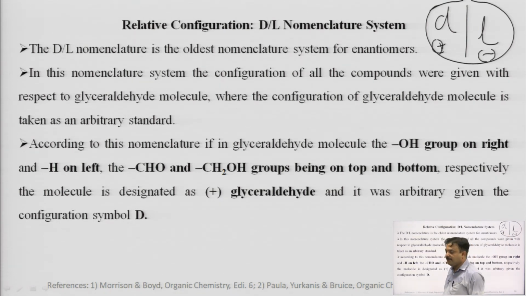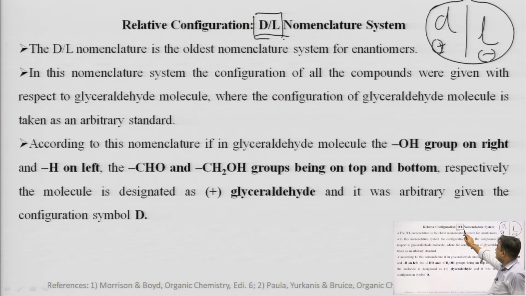Here we are discussing the relative configuration system, where we use capital D and capital L. This DL tells us about the arrangement of the atoms or groups in space, while small d and small l tell us about the rotation of the plane polarized light by